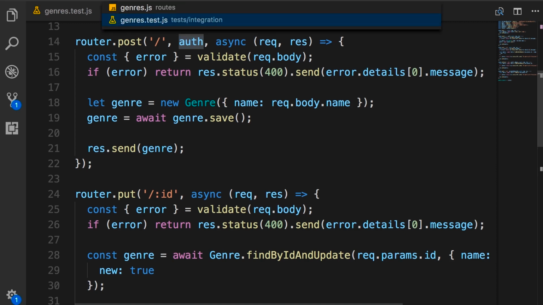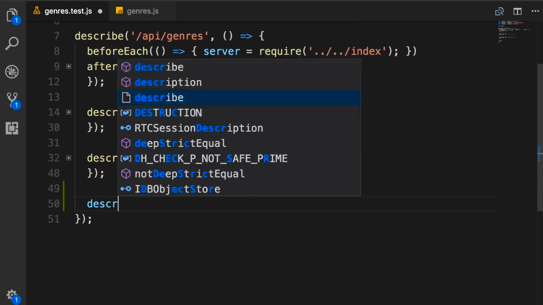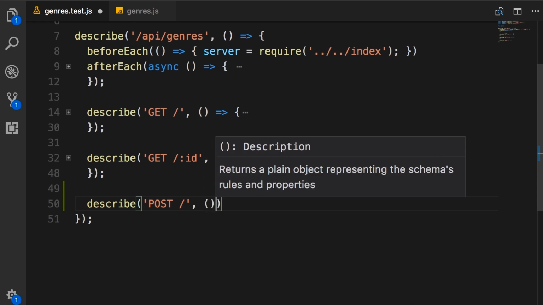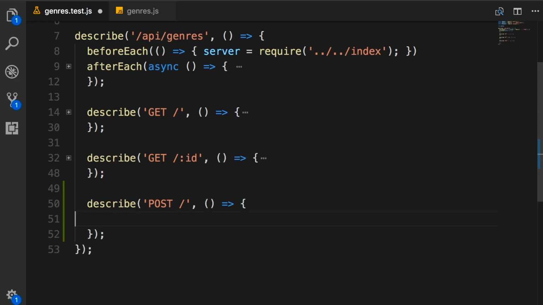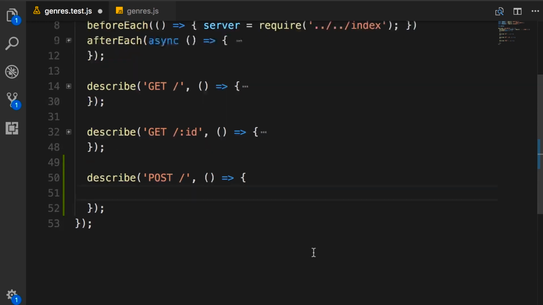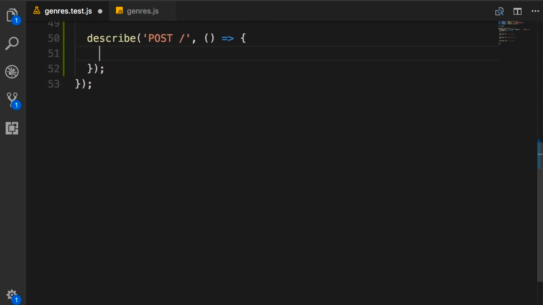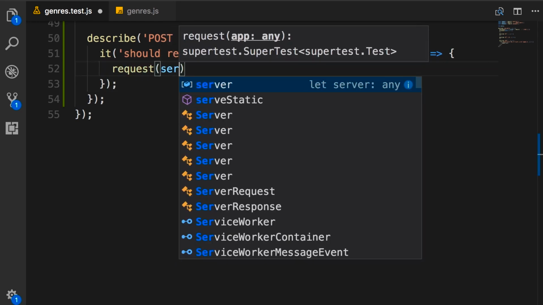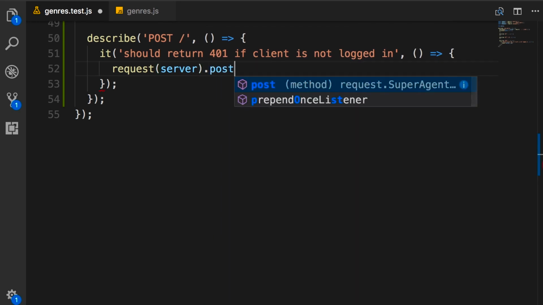So back to our test file. Let's add a new test suite. We call it post to this endpoint. All right. Now let's start with our first test. So first, I want to make sure that this endpoint should return a 401 if client is not logged in. So we call the request function, pass our server, then post to this endpoint